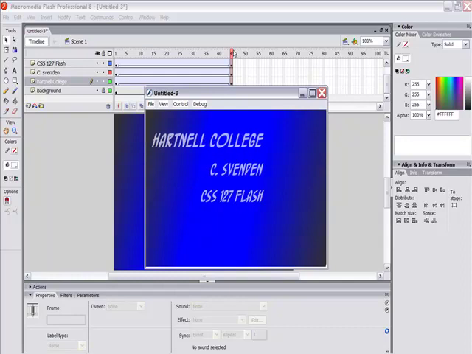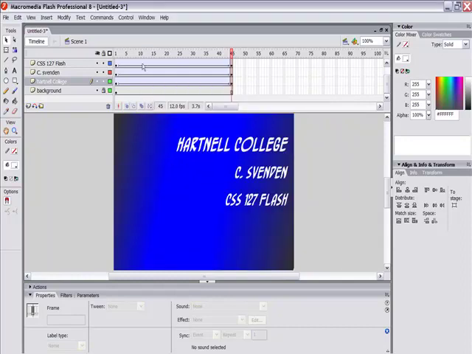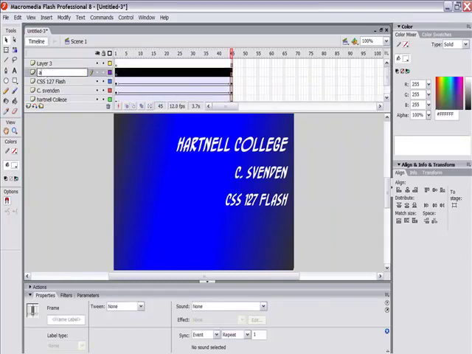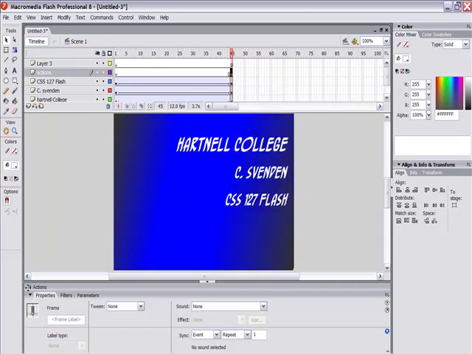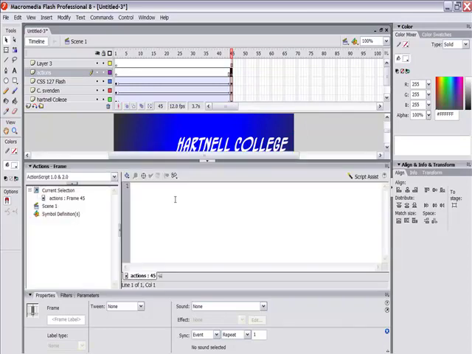So what do you notice that we have to do right off the bat? You bet, our typical stop action. So I'm just going to come up here, go to layer 2, change it to actions, come over here, insert. Now we don't want to put the stop action on the front, we don't want to stop it from playing, we want to put the stop action down here. Insert blank keyframe, go to our actions and type in stop,